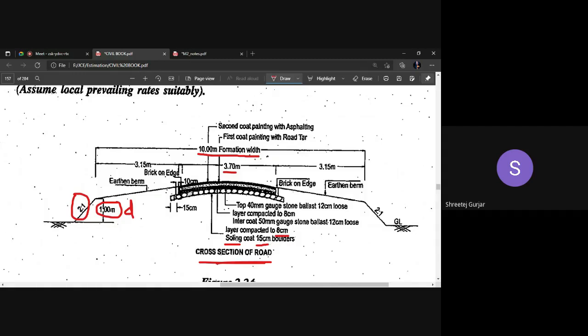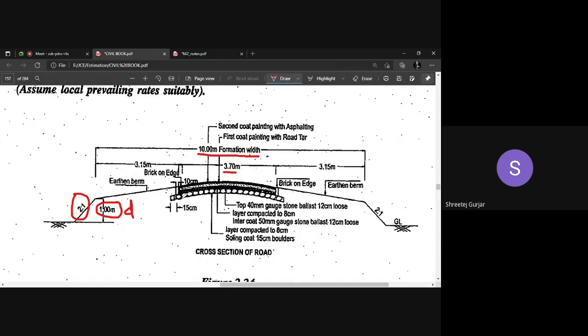You can see they have placed these stones at the bottom. The average size is 15 centimeters, about the size of your small scale. You can imagine the size of this. We call large size aggregate boulders, and they are placed at the bottom. So I have to use 8 centimeters as the depth. Do not use 15 centimeters, that is the size of the rocks. The thickness of the layer is 8 centimeters. Remember, don't make a mistake while writing down.